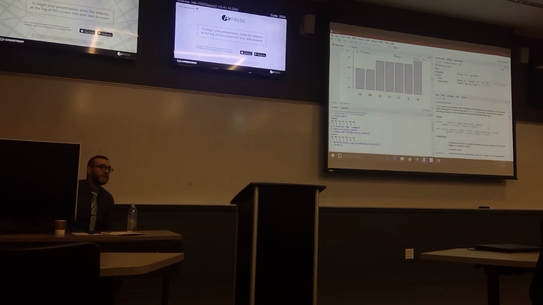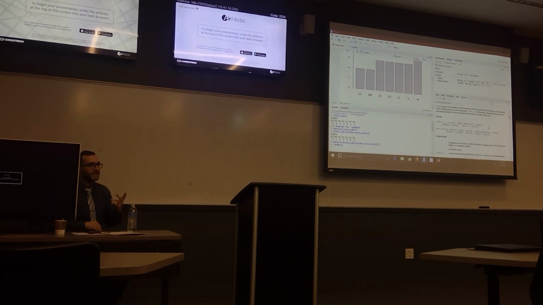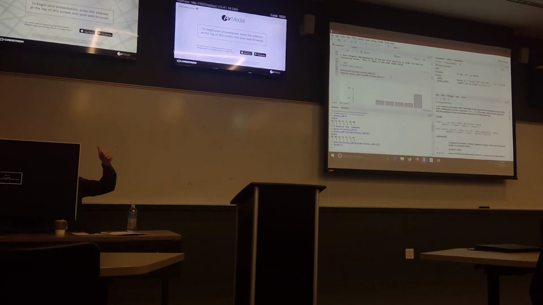I usually, in the homeworks, give you the basic stuff for each function. But each function has so many choices to make, like bar plot. If you just do bar plot table, it will give you the bar plot. But you have main to give you the title, you have xlab to give you the title of the x-axis, you have ylab, you have ylim, which gives you the limits for the y-axis, and xlim. So you have so many things. Always use help, it will tell you the story. You will rarely find somebody who knows everything by heart. It's a nice documentation. Did that answer your question, my friend? Good.